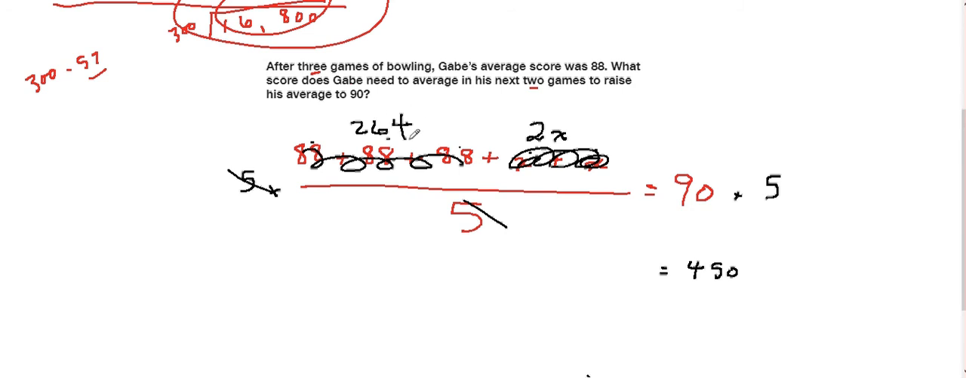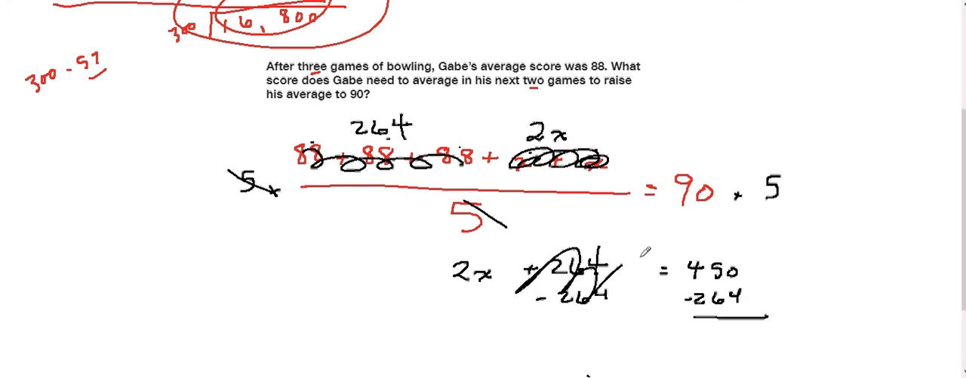So over here we have 2x plus 264. What do you do next in algebra? You subtract the 264. I know I can do this in my head. We got